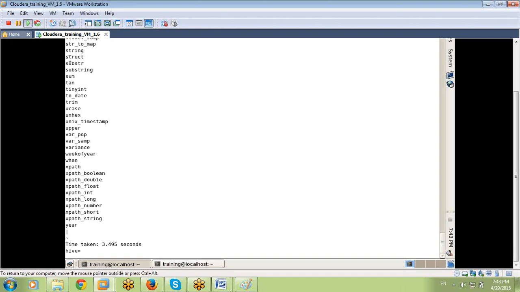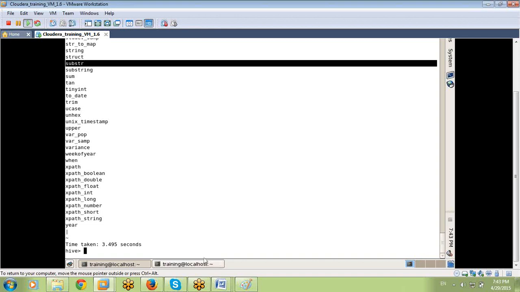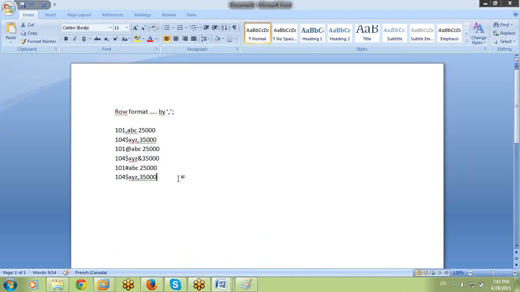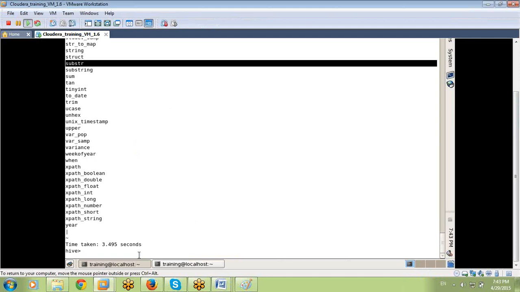Now, this is the substring function that helps to clean this type of multiple delimiter data. So what exactly is this function doing? What is the substring function? I want to know the functionality of the function. Generally, we know substring from Java or SQL also. The specified positions we mention, it extracts only that part. Similarly, the same here also. But I want to see describe function, function name.